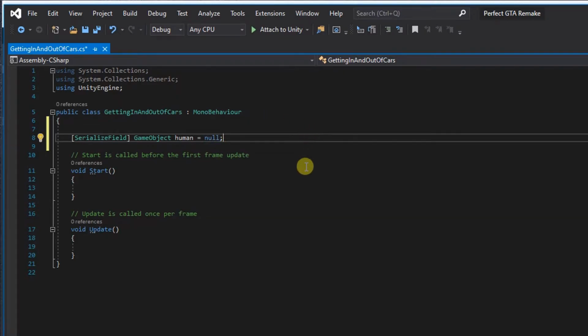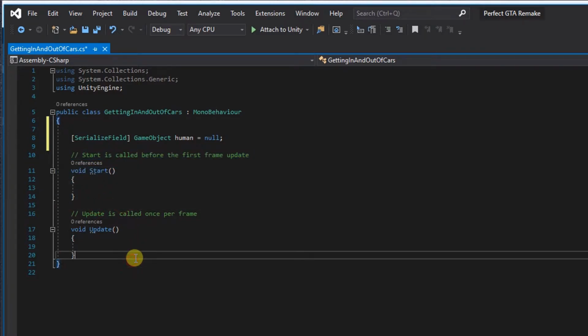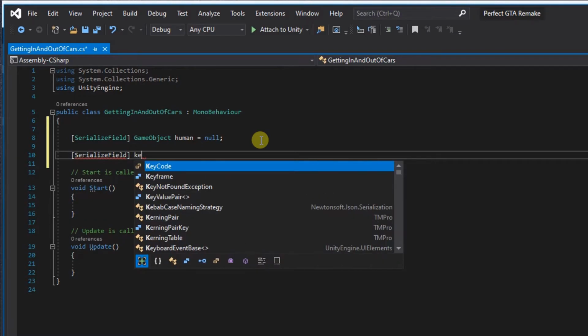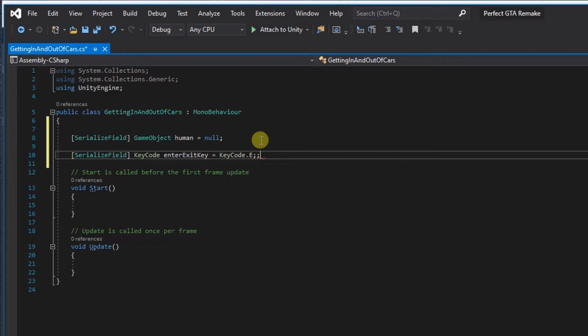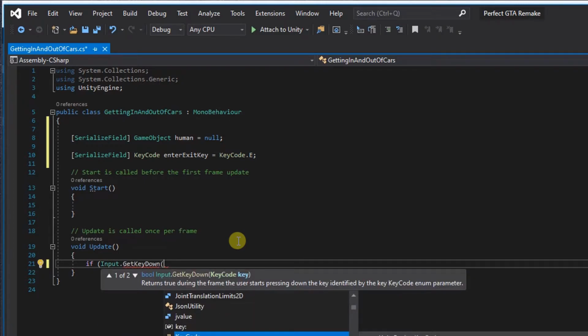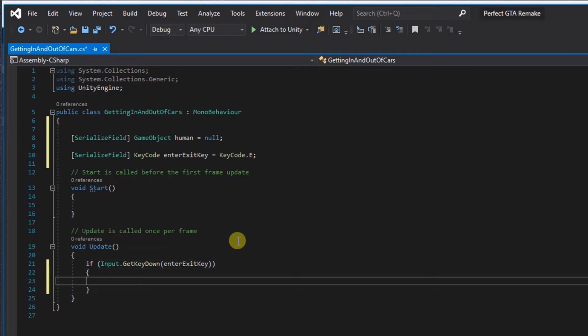Okay, now when I press E or whatever, let's actually bring in a key code here. So we'll call this the enter exit key, and I'm going to default that to E. Okay, I think that's a pretty standard interaction key. So when I press the E key, so I'm using if input get key down, enter exit key,